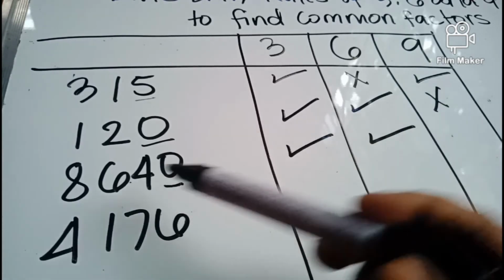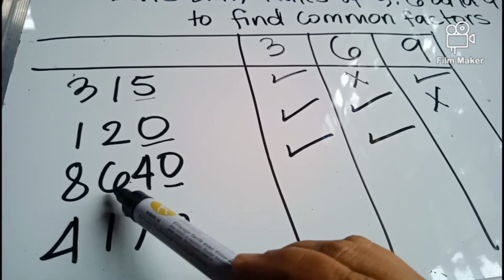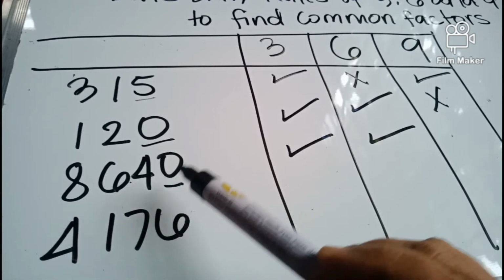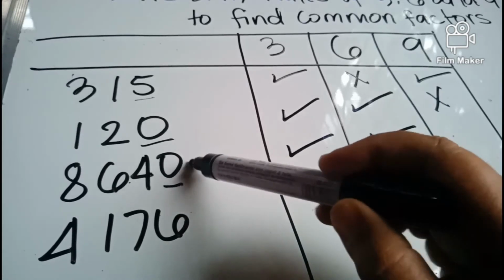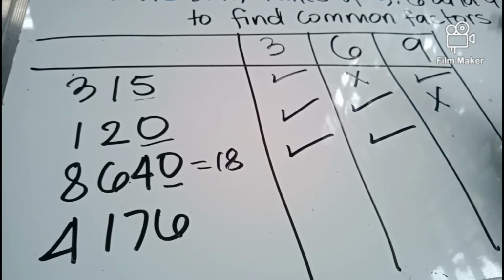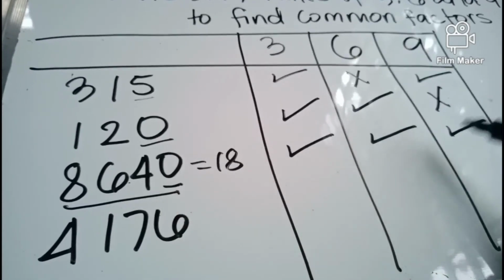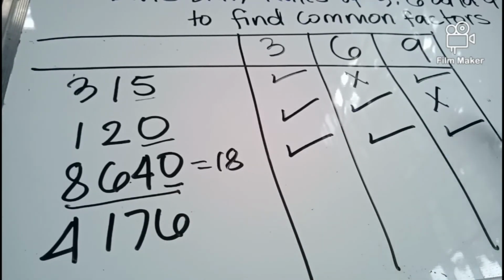And then, 18, by adding the digits, 8 plus 6 is 14 plus 4 is 18. 18 is divisible by 9. Therefore, it is divisible by 9. 8,640 is also divisible by 9. Then last example,